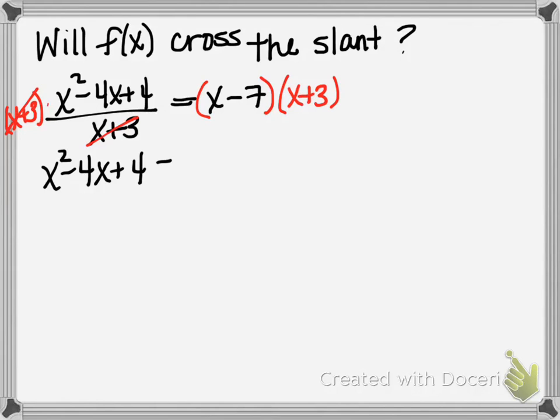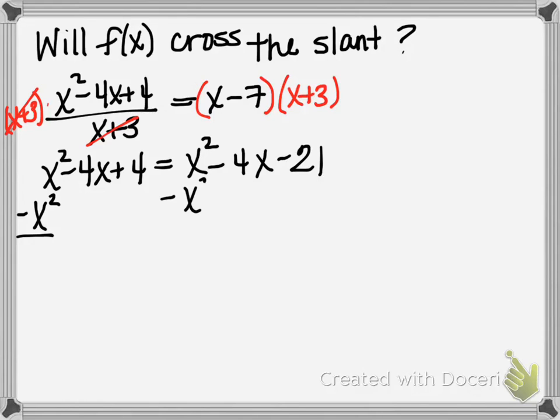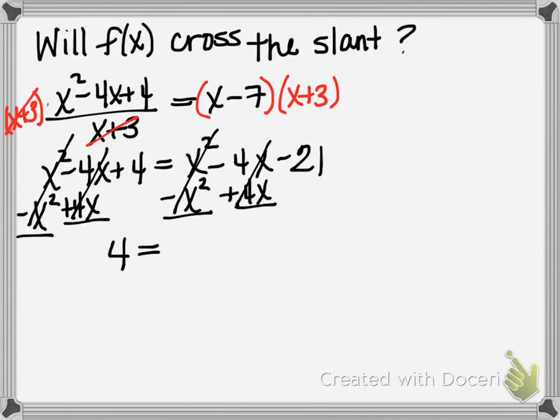And if you go ahead and distribute the right hand side, you'd have x squared minus 4x minus 21. So if we begin to move terms, we'll subtract x squared. You notice that the x squareds will subtract out completely. And if you add 4x to both sides, you notice the same thing occurs for the 4x's. So what we're left with right now is the statement 4 is equal to negative 21, which is certainly not